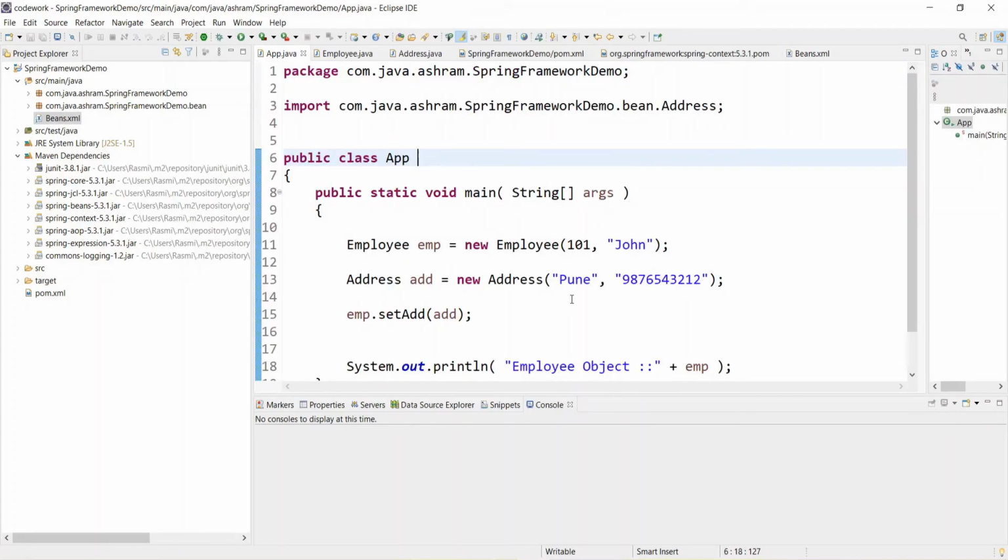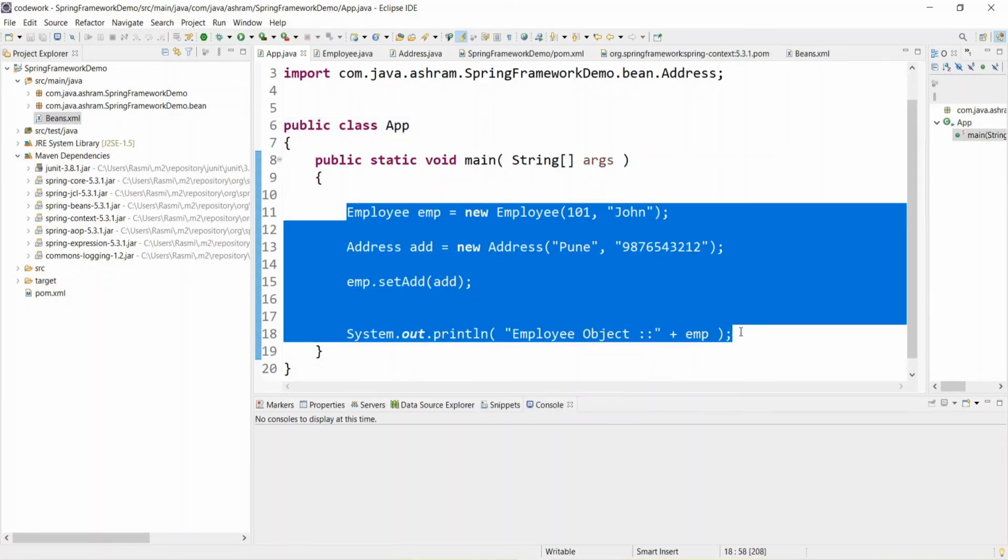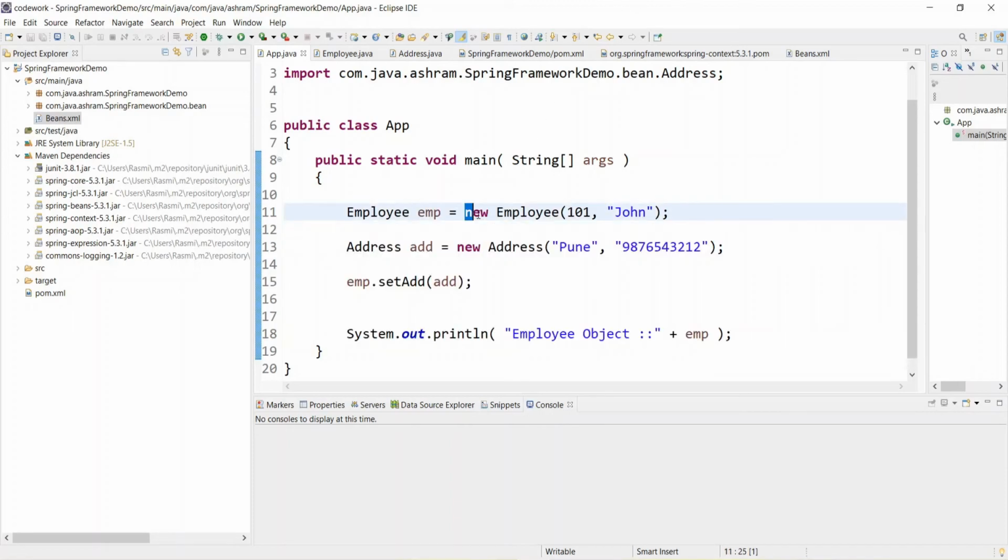So in this Spring application framework, using the IOC container, using the dependency injection, we will remove all the dependency. Okay, we'll delete all these things and we'll write the code using the Spring framework with the help of IOC. And remember one thumb rule: IOC says the developer doesn't need to create an object using the new keyword. This responsibility will be given to the IOC, inversion of control. So the control will be given to the IOC to create and manage all the objects.